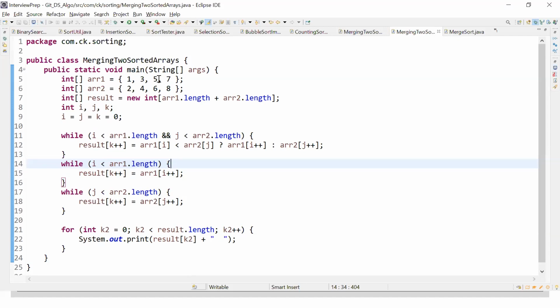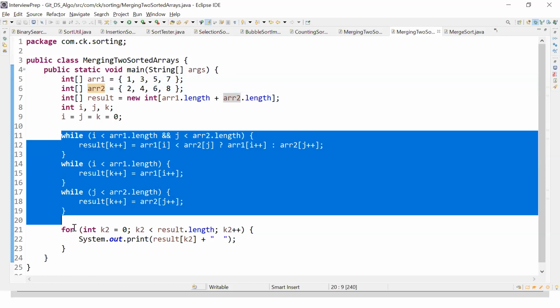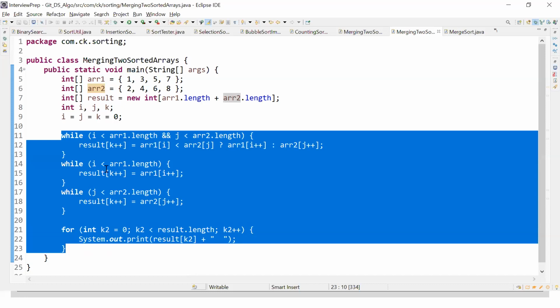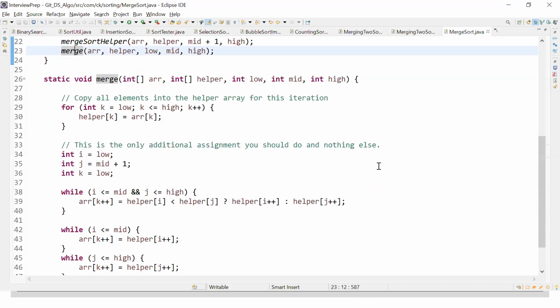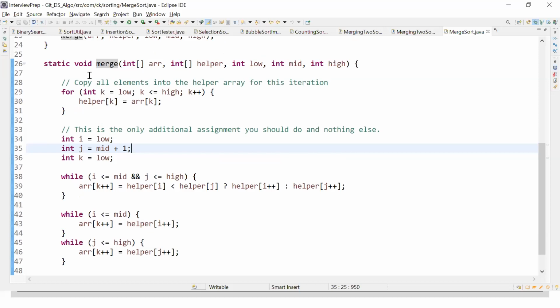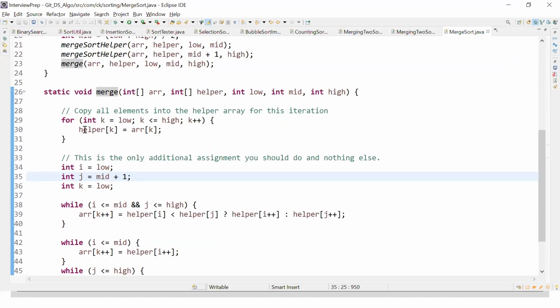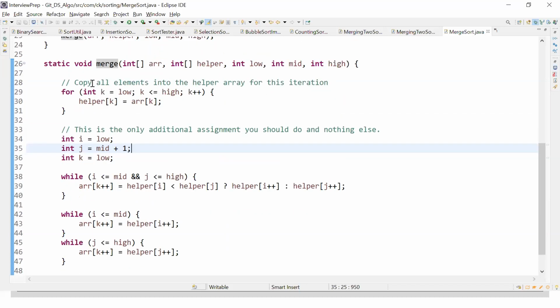So what is this merge taking? It is taking two, right? We are not having any method over here, guys. I did everything in the main method. So here I've taken two arrays. So after taking all these two arrays, I've taken some while loops, etc., and finally tried to merge this. Same thing over here in my merge sort algorithm as well. So what I did is, when I have a merge method, this method is doing the same thing.